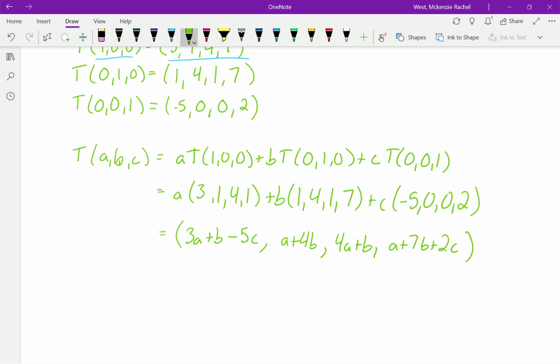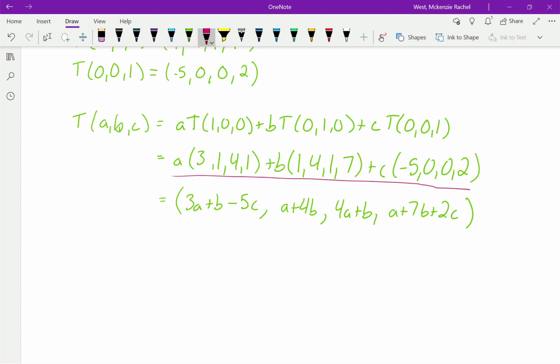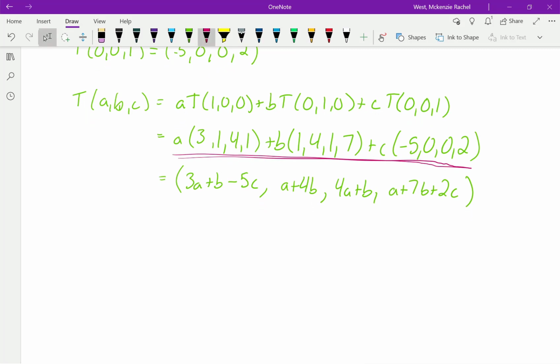Okay. So we've gone ahead and figured out what this transformation does. But I want us to take a step back and look at this slightly differently. This line right here, right in the middle, looks a lot to me like some kind of multiplication. This is scalar times a vector, scalar times a vector, scalar times a vector. And what I see this as is that,